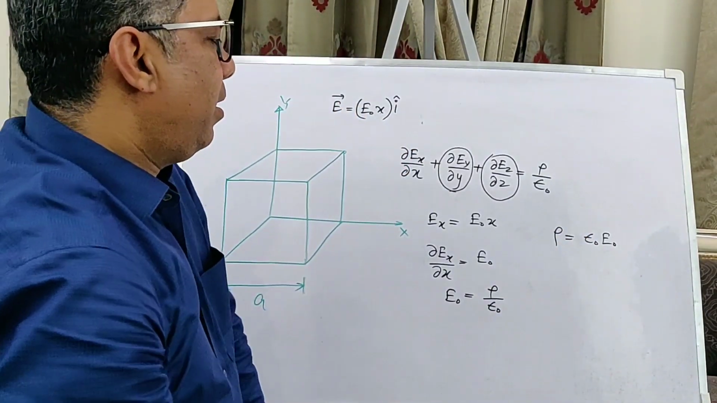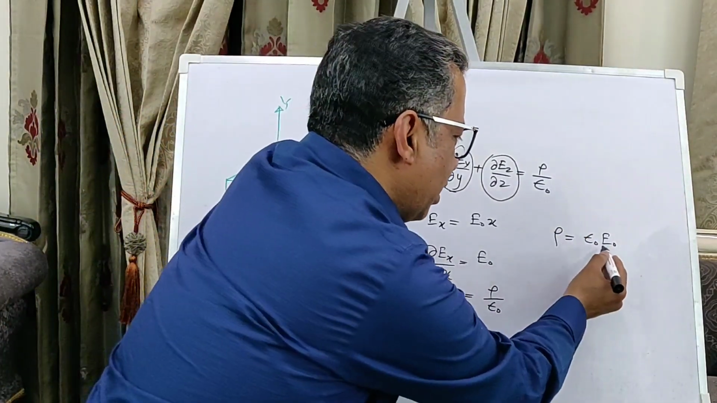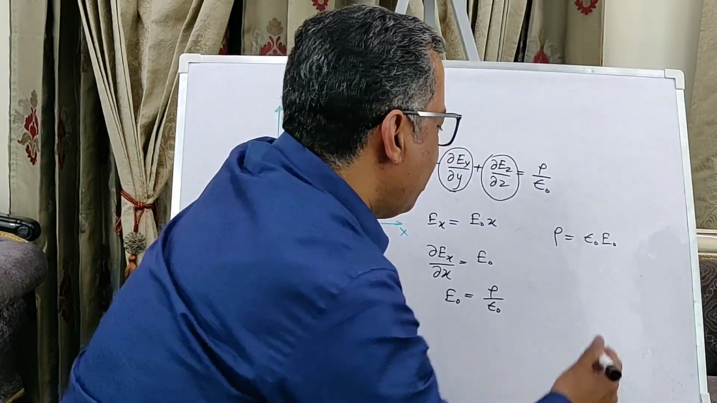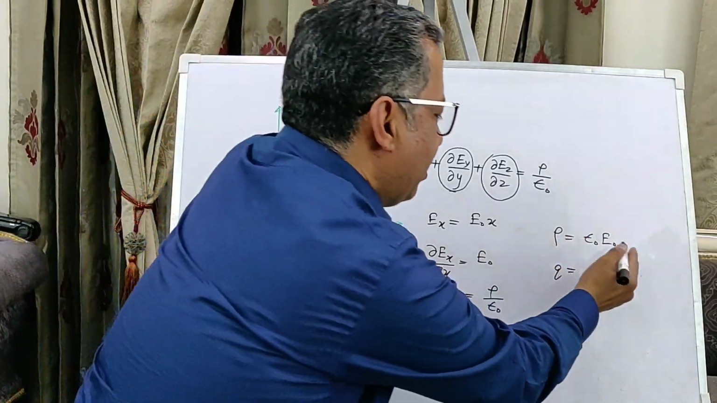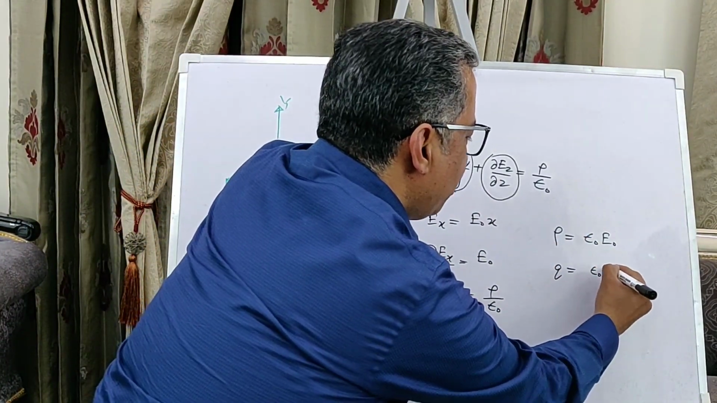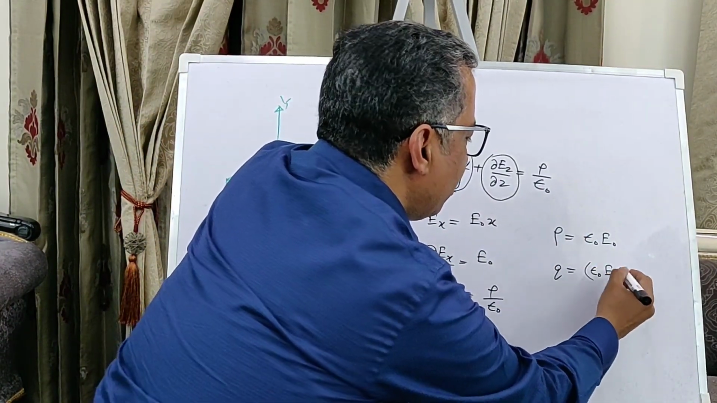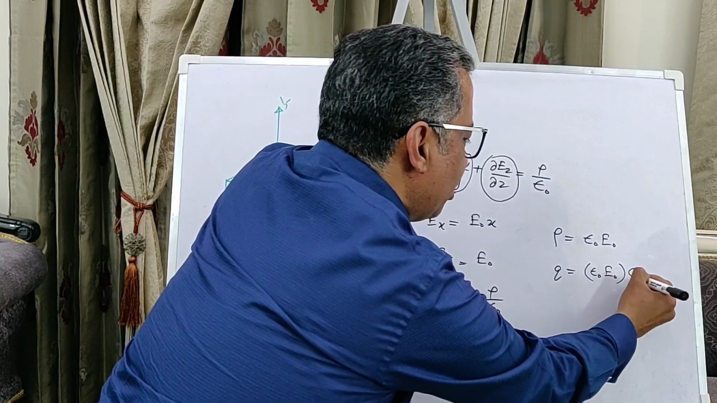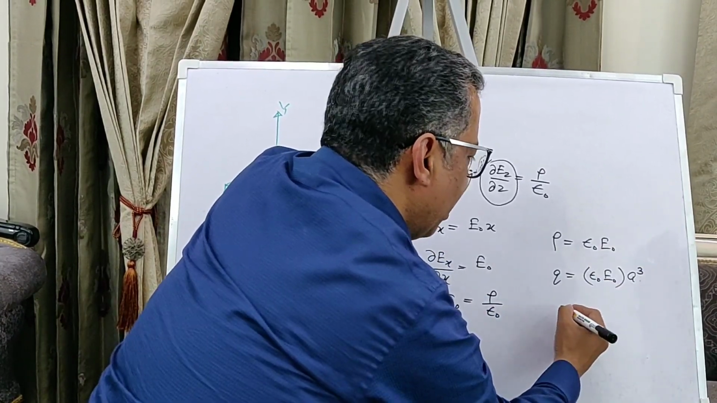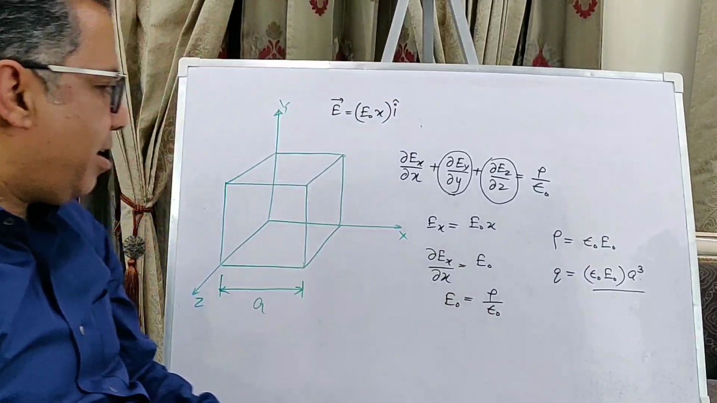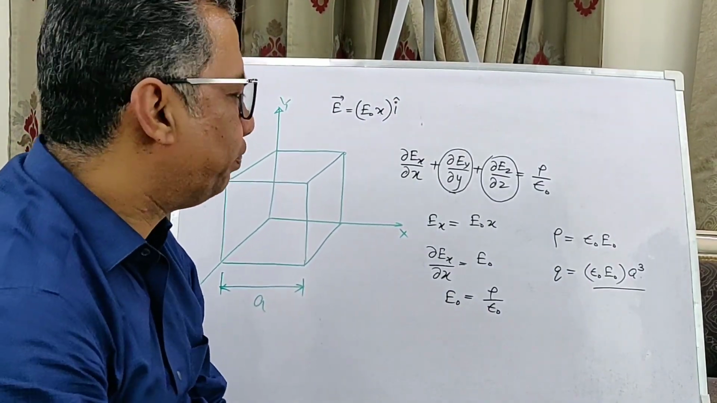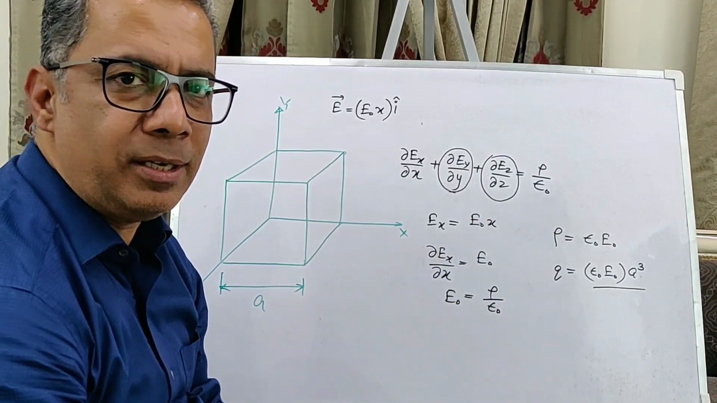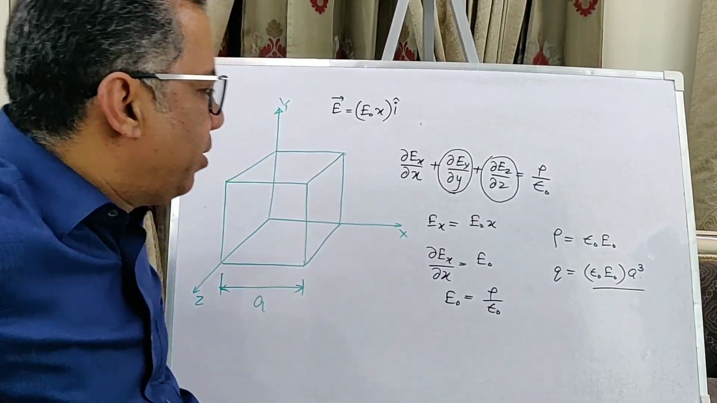But keeping things simple here, this rho equals epsilon naught E naught, and therefore the total charge inside the cube will be this volume charge density times the volume of the cube, which is A cubed. And so you arrive at the answer. The solution is that much simpler using this approach here. So this